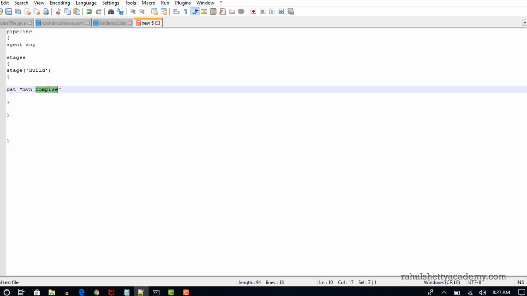Similarly, for building your project into a jar, in general we will use mvn install to make it a jar. But for now, as a demo, I'm just writing mvn clean. Clean will just clean your whole Maven project, right? So something like that. Just ask for the commands you need to pass to make that Jenkins job work, and then pass them here. If it is shell scripting running on Linux, put sh. If not, put bat, and complete your build step. Next,